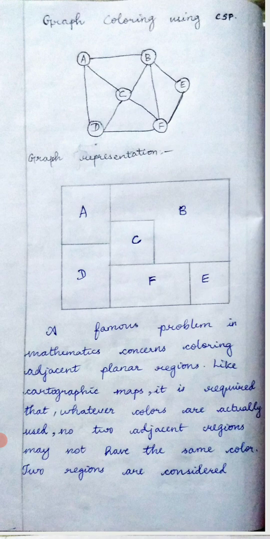We have given numerical names to the regions to represent which regions are adjacent. Consider the corresponding graph. It is a graph representation. In this graph, we see that A points to B, C and D, and B points to A, C, F and E, and C points to A, B, D and F, D points to A, C and F, and E points to B and F.